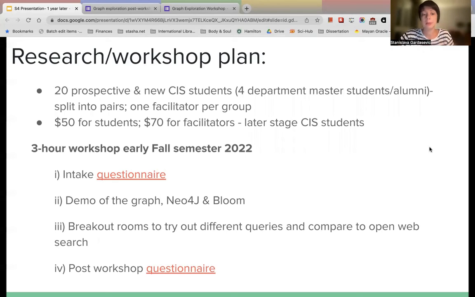And we're going to split them into pairs, and each pair will have one facilitator, because we think that they could use some help with this because it's a new tool. So, except for three of us, we want to invite the later-stage CIS students to be facilitators and pay them a little bit more than the students